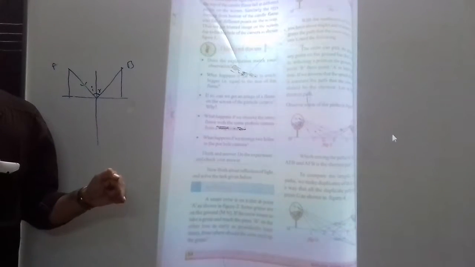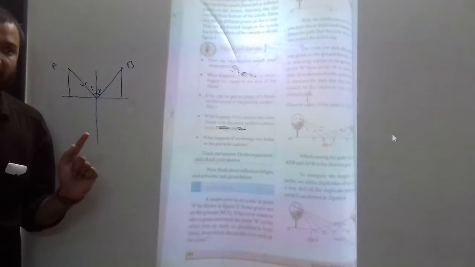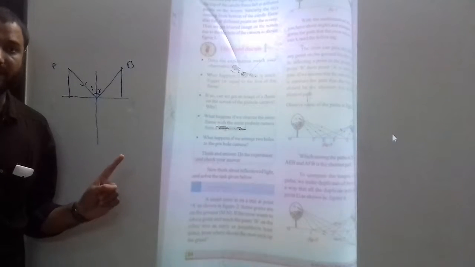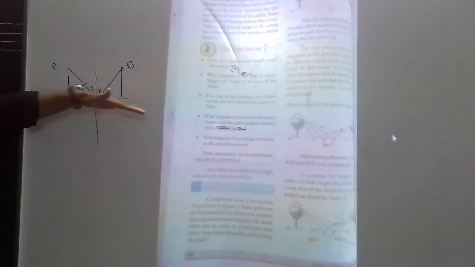Angle I means angle of incidence. Angle R means angle of reflection. Clear with this one? Angle I is angle of incidence, R is angle of reflection. Clear? Now forget the crow and forget everything. Now this is the light ray, after hitting the reflecting surface,